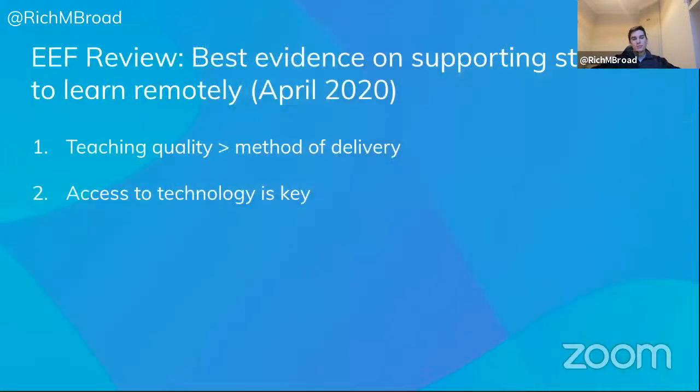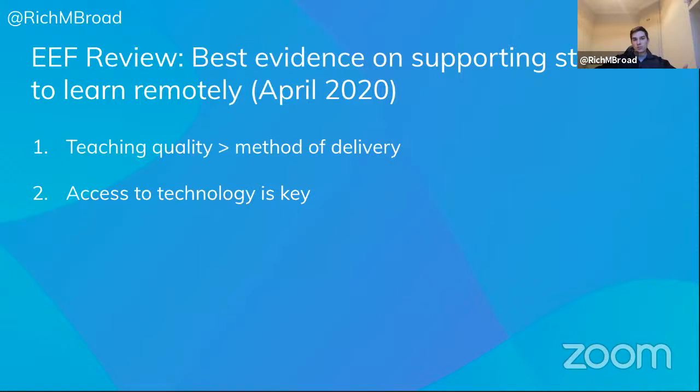So the second point made in the review is that students have access to technology and how important that is, and that this is particularly important for disadvantaged pupils. Now, this is, I think, probably quite clear to most of us, because almost all remote learning uses digital technology and requires access to both computers and the internet. So making sure that that's available to pupils where you can